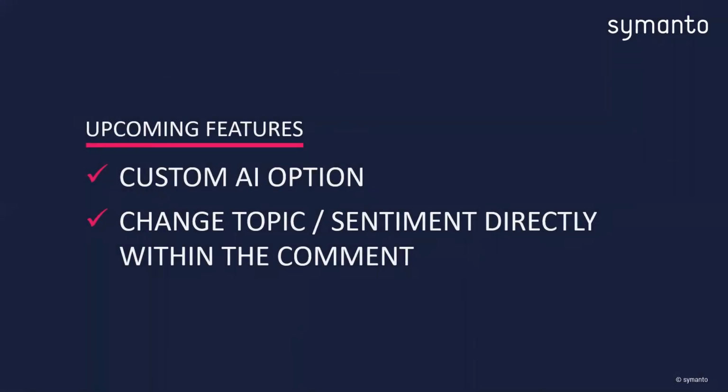So one of the things we have as upcoming features, or which are already being implemented from the learnings we've heard, and thankfully we really appreciate all the feedback from our first users, is the custom AI option. It means that we really help you to set up the very first classification models, as you've seen in the topic editor. We want to help you with our knowledge, with everything we've got within the last years. That's one of the things we have just released, or are just releasing right now.